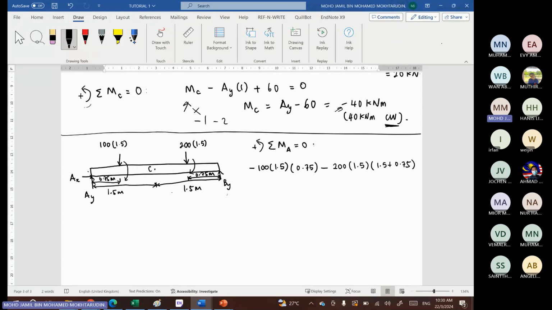So By times the distance 1.5 plus 1.5, and it will be in counterclockwise direction. So it's positive By times 1.5 plus 1.5 equals 0. Okay, then you can calculate. So 3By